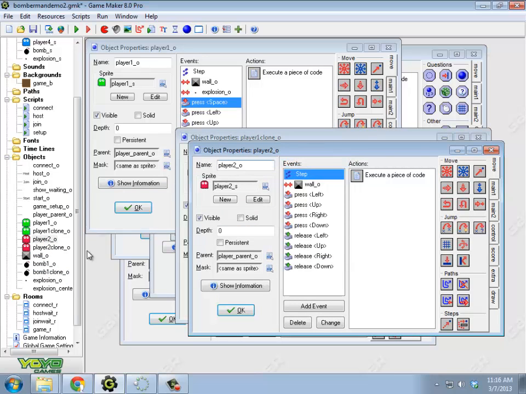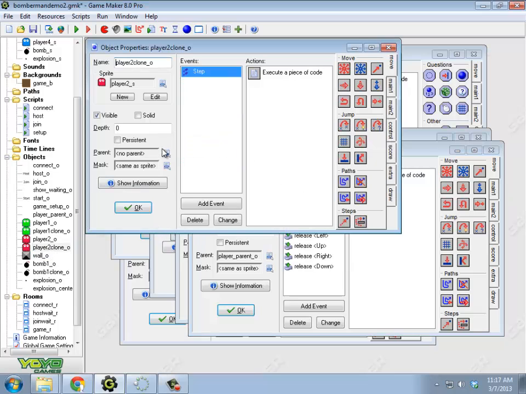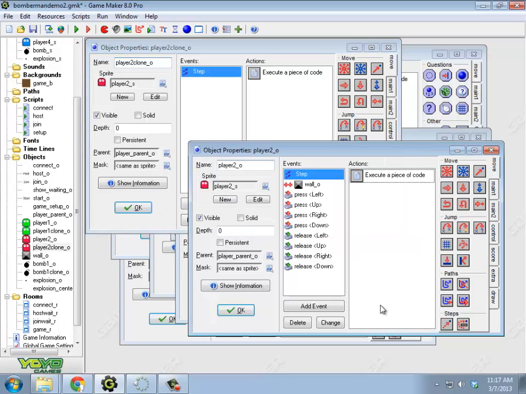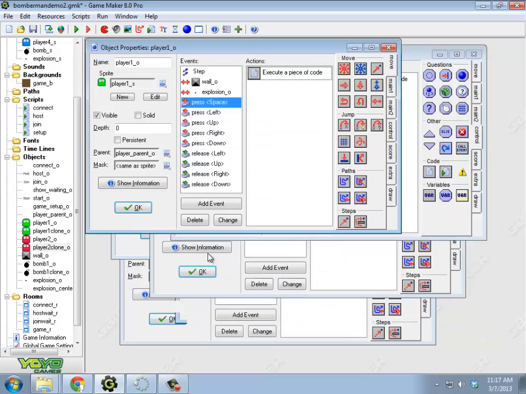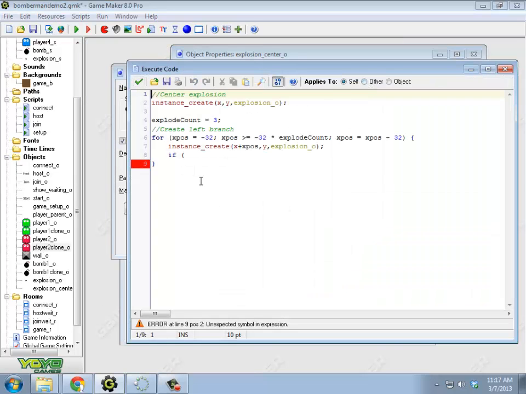The reason I'm doing this is simply so that when I check for collisions, all I have to do is check player parent and see if he's there, and that'll check all of the children as well. Maybe I want to put code in there eventually, maybe not. So by setting all of the players to have their parent be player parent, now when I'm checking this, I can actually do